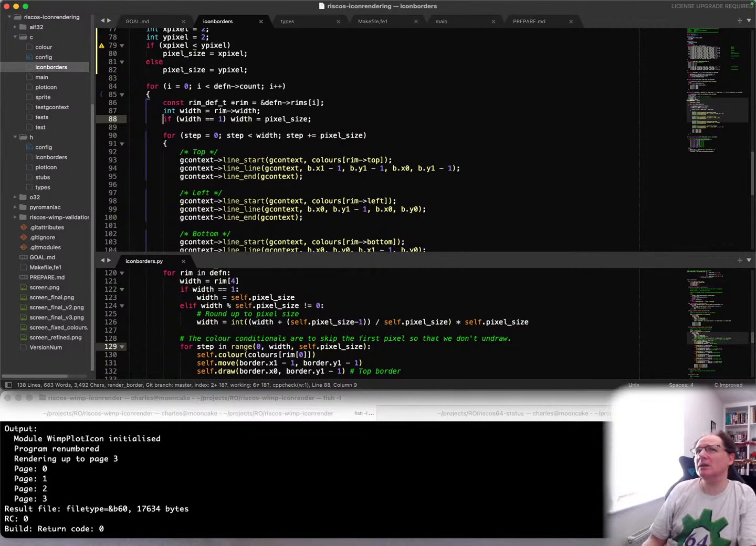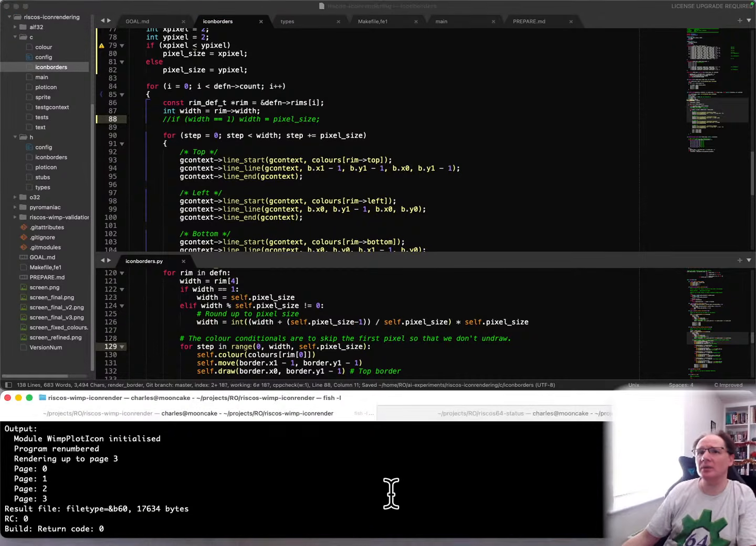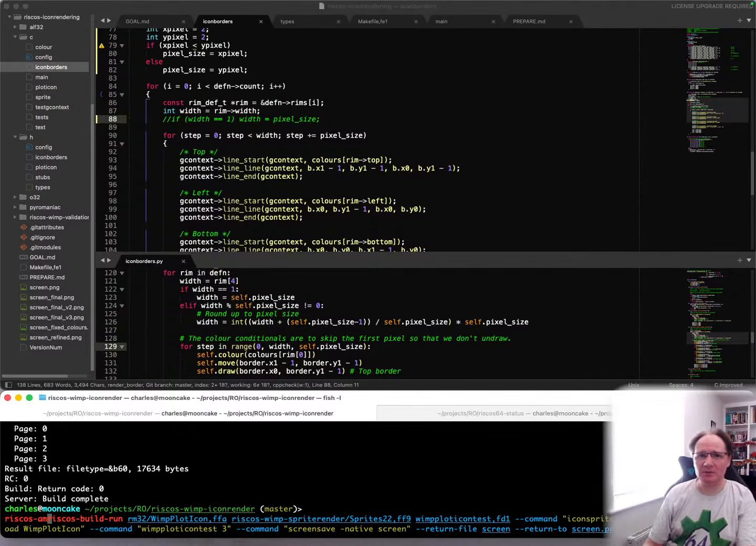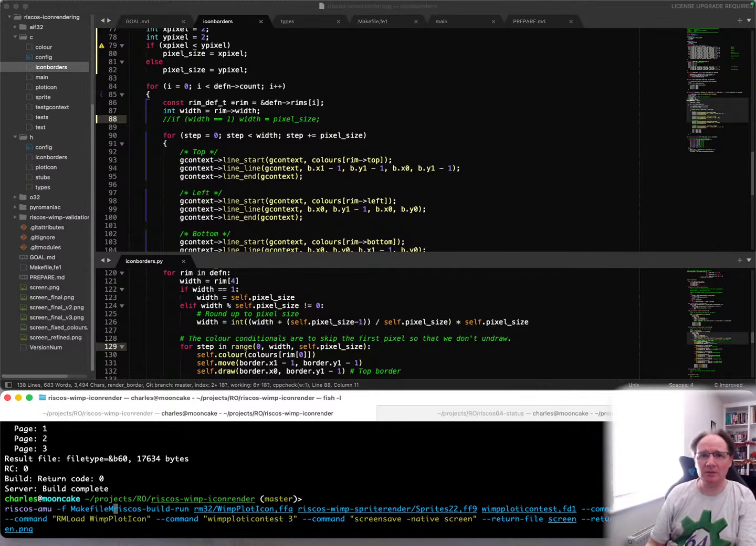Is that not even needed? Because it'll always be bigger than 1. We just want it the thinnest it can be. RISC OS ammo, makefile mod fe1 and